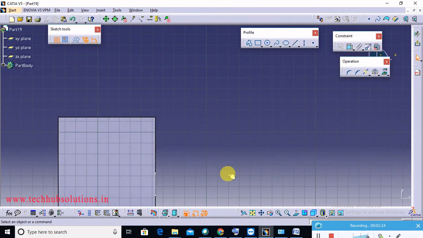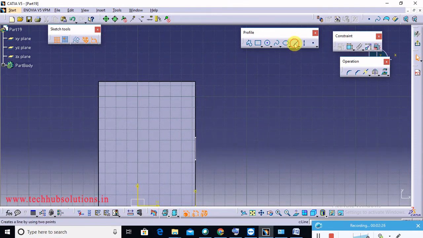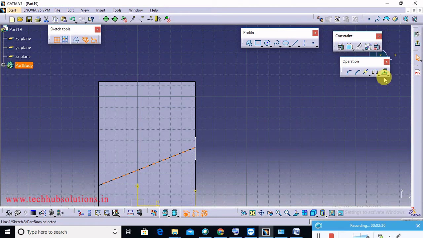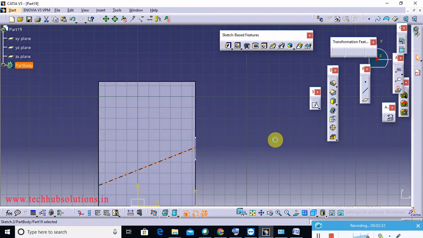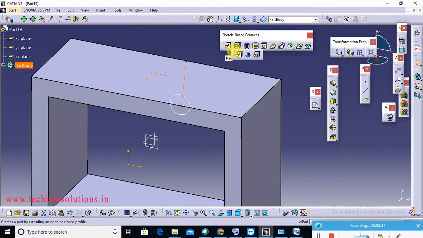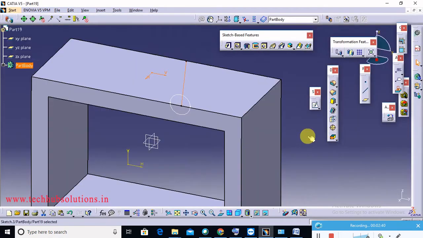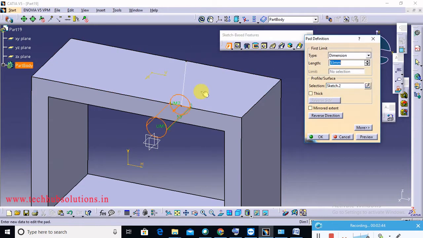Then create one line here. Suppose create one angular line, not a straight line. Create one angular line here, then create pad here. Suppose this is the circle, select circle.